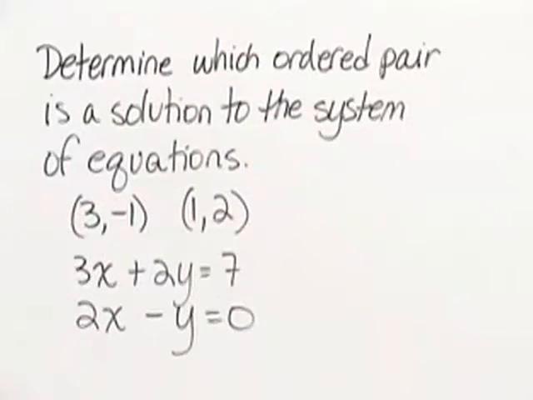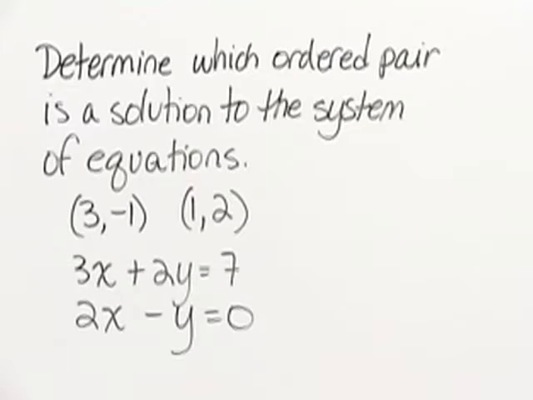In this chapter, we'll be examining systems of linear equations in two variables. Determine which ordered pair is a solution to the system of equations. 3, -1, 1, 2, and then we have our two equations, 3x plus 2y equals 7 and 2x minus y